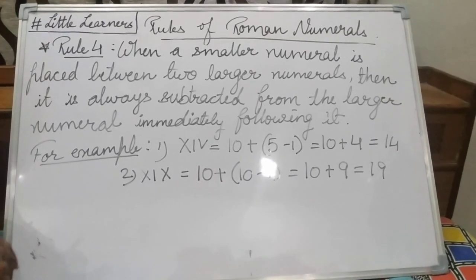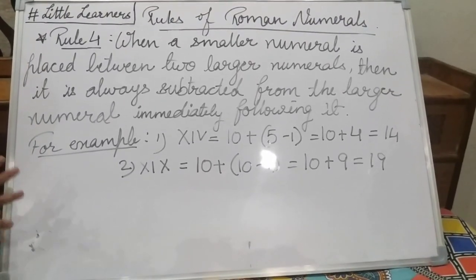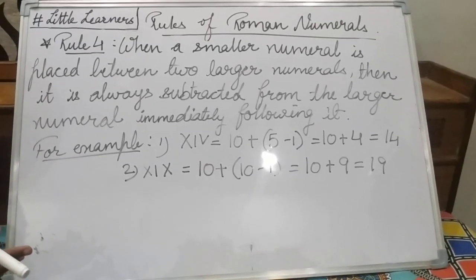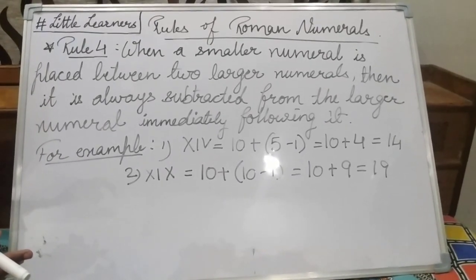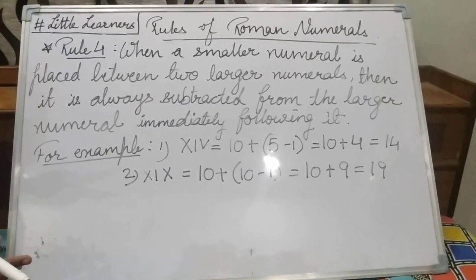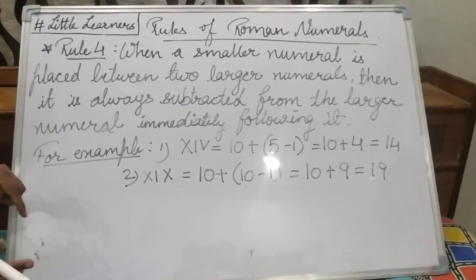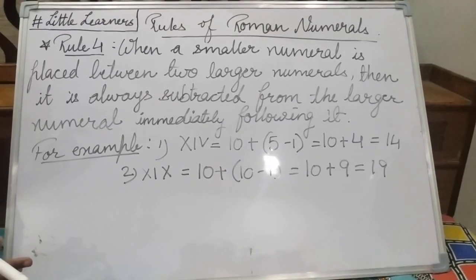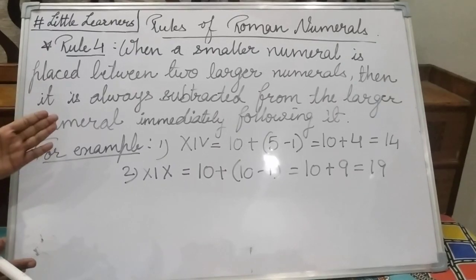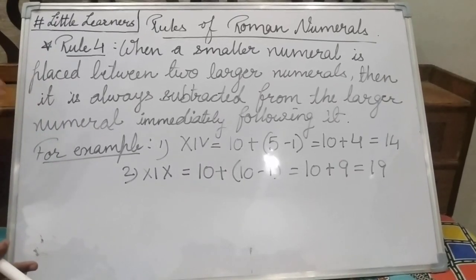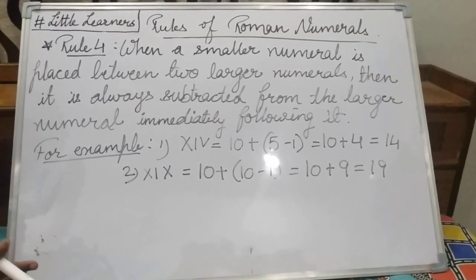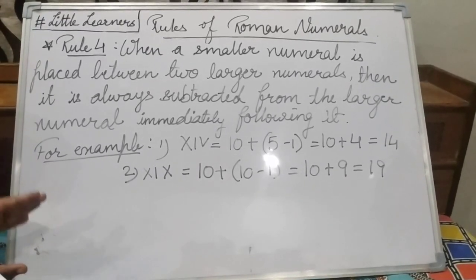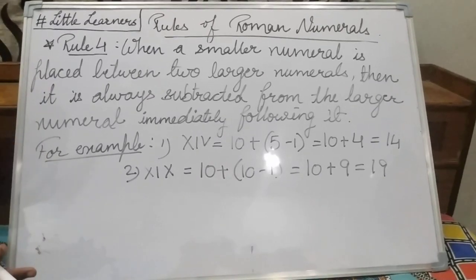That means, I can explain this in Hindi also if you have confusion. As written in this rule, कि अगर कोई भी छोटा न्यूमरल जो स्मॉलर न्यूमरल है वो किसी भी दो लार्जर न्यूमरल्स के बीच में आता है, that time what we need to do is, the first, which is the bigger numeral, we have to write as it is, okay, और जो बीच में जो आपका स्मॉलर न्यूमरल है वो सब्ट्रैक्ट होगा जो उसके बाद वाला जो बिगर न्यूमरल है उससे. That means here we will follow rule number 3 also.